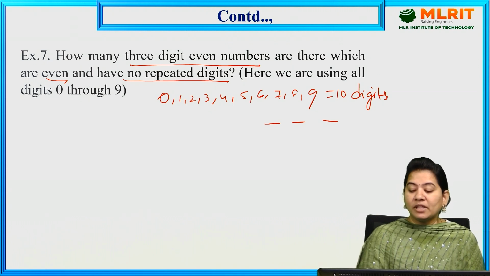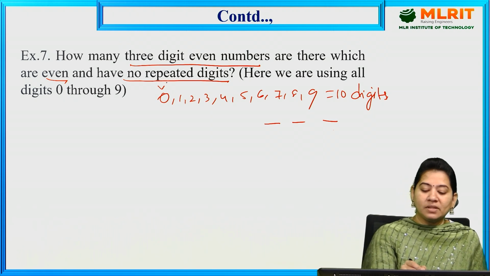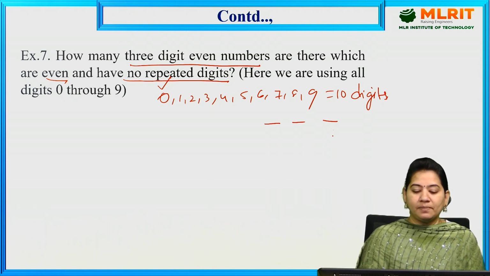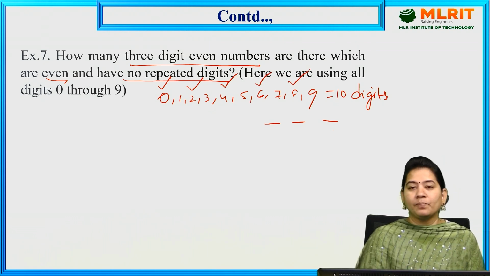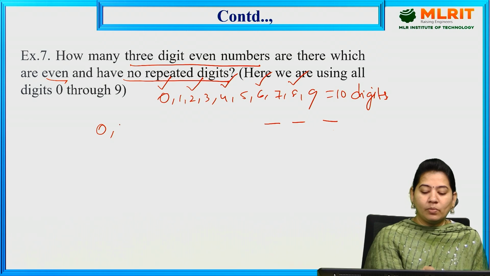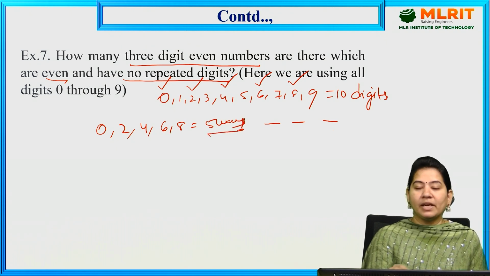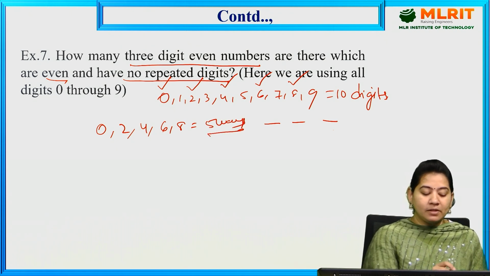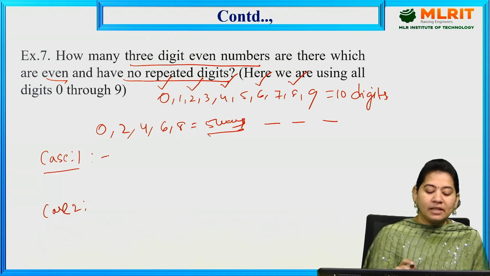A number ending with an even digit is what we call an even number. So let us suppose this is 0. We can end with 0, that is one even number. We can also end with 2, 4, 6, 8. How many chances do we have here? 0, 2, 4, 6, 8. Altogether we have 5 ways to get the ending digit as 0, 2, 4, 6, 8. So here we are considering 2 cases: case 1 and case 2. For example, this is case 1, this is case 2. Let us suppose the number ending with 0.